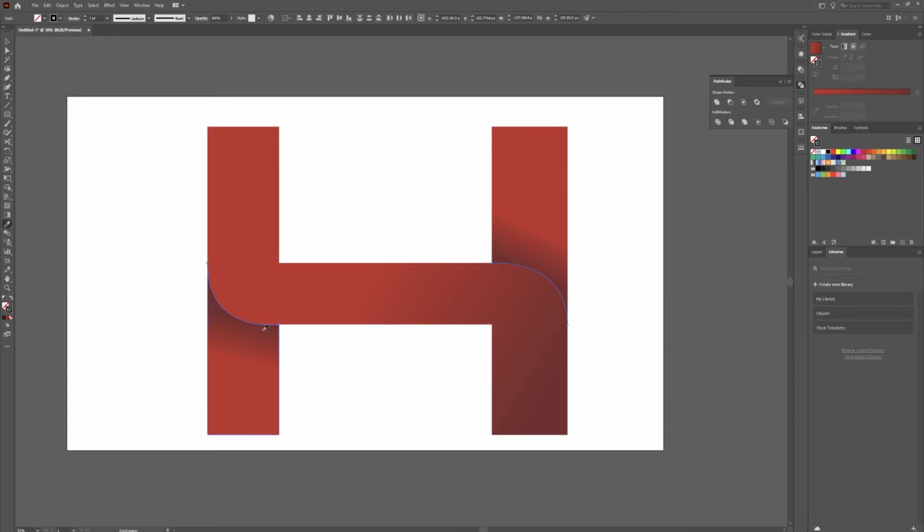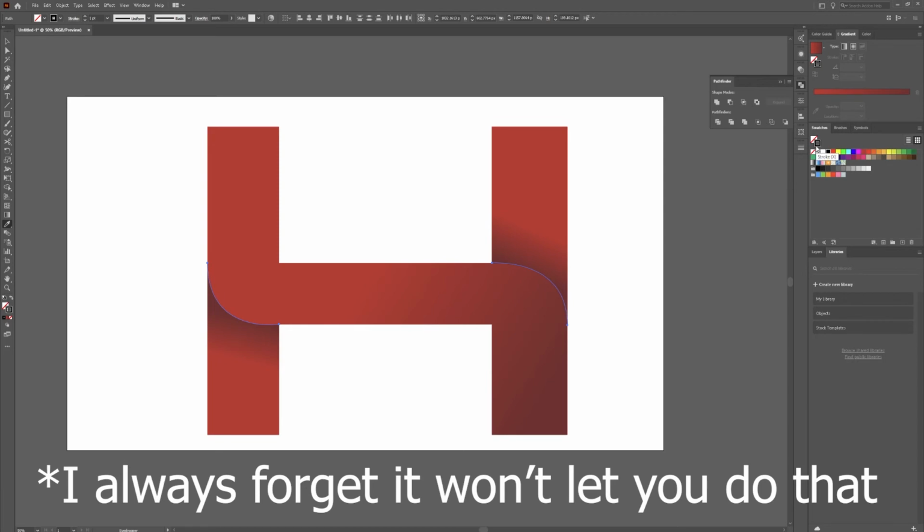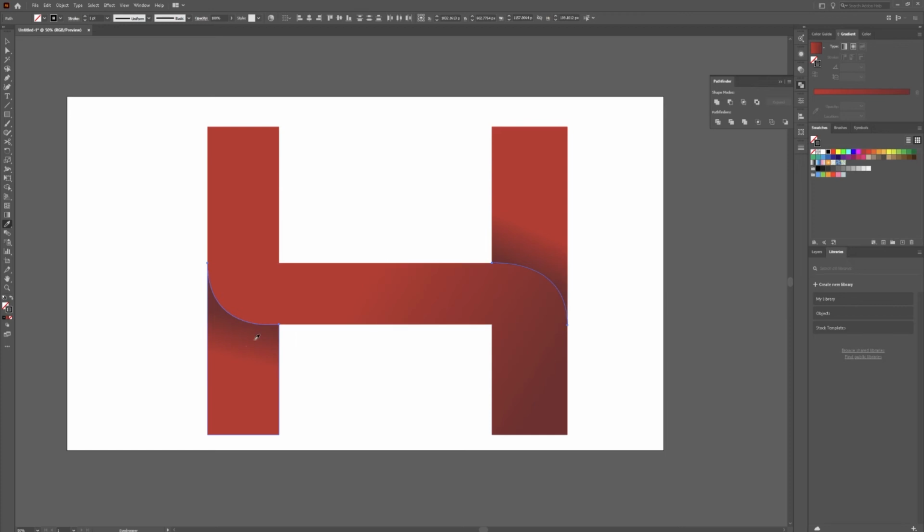And now I'm going to hit I, and I'm going to select, I keep doing that. I don't know if it'll let me do that. Interesting. So that's fine. Just click on that, hit the swap, so that way the stroke is now the color that we chose. Now click here on your gradient to make a new point in the middle, and then I'm going to select,